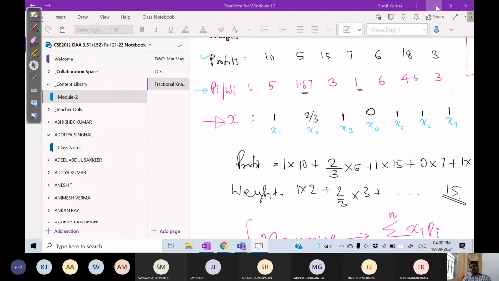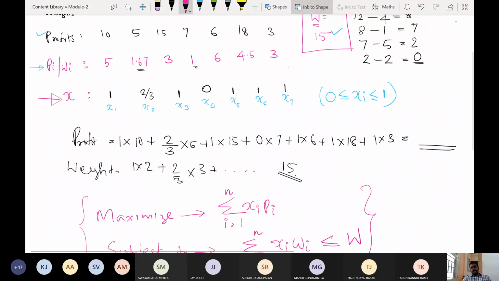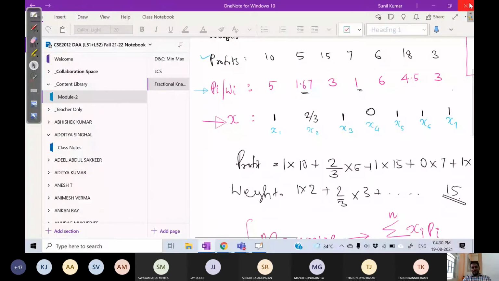Okay. Now, since I am a little greedy about covering one more algorithm, please bear with me. We can discuss one more problem, and after that we won't get time to code the problem today, but I'll give you 1 week so that you can code these two problems. In fact, coding this problem will take just 15 minutes. And the next problem is also a simple one, so we can just look at that problem also.